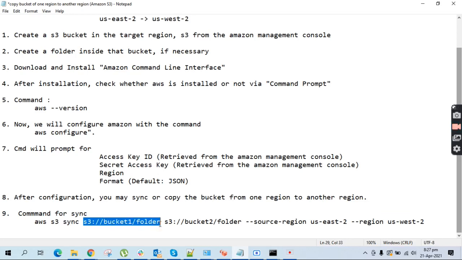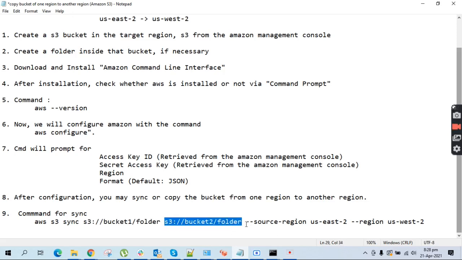Then s3 bucket 1 folder specifies that there is a folder in bucket 1 of S3. The second location describes the folder in bucket 2 of S3. This will be our source folder and this will be the target folder.